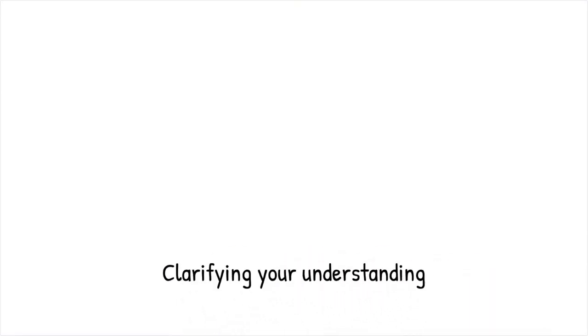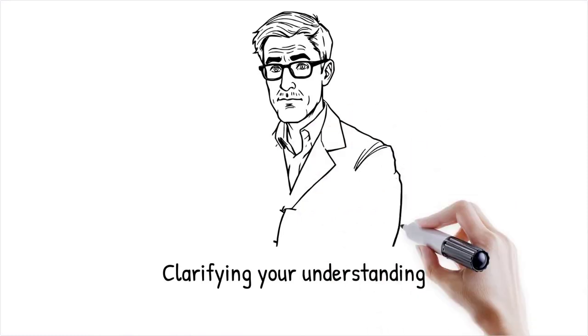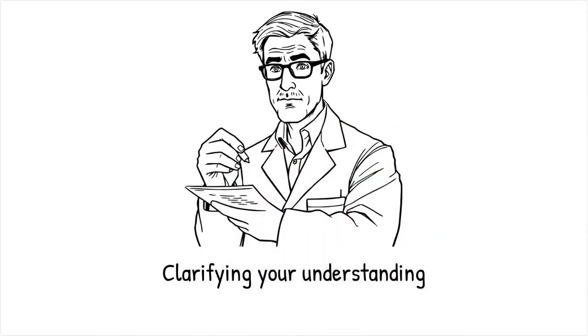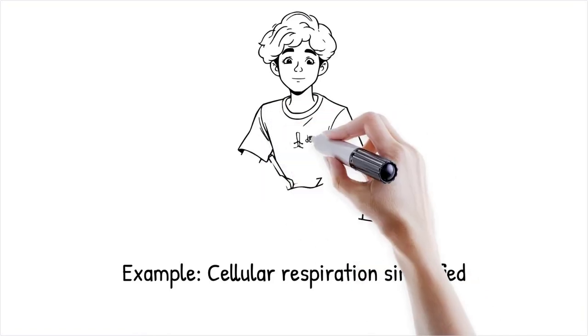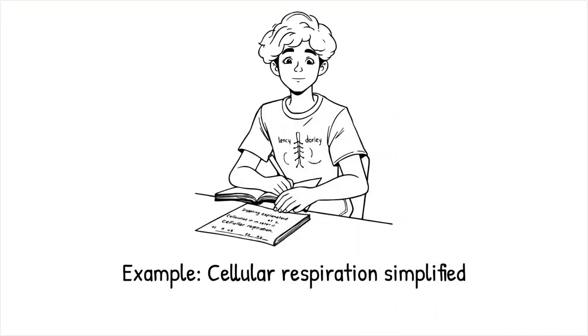After reading a chapter on cellular respiration, a student writes, "A simple explanation of how cells convert food into energy" without using scientific terms like mitochondria or ATP until they can explain those terms clearly. It's like reducing a complicated recipe to its basic ingredients and simple steps so that anyone, even a beginner cook,